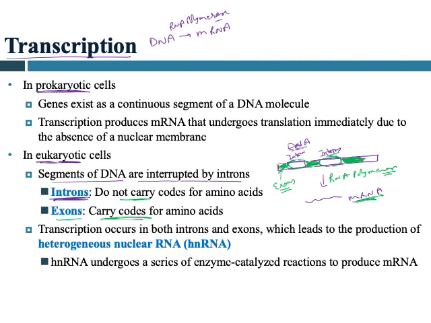We don't want intron to come into the mRNA, right? So transcription occurs in both intron as well as exon, because RNA polymerase doesn't know which area of the DNA is exon or intron, which area is useful and which area has the information, right? So it just transcribes the entire DNA, which leads to the production of heteronuclear RNA. What is heteronuclear RNA? It is the RNA that is made from the DNA molecule directly,